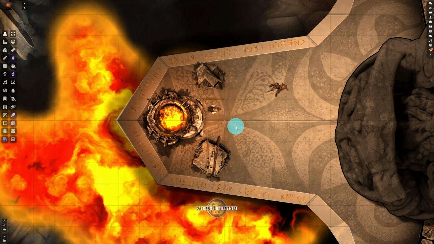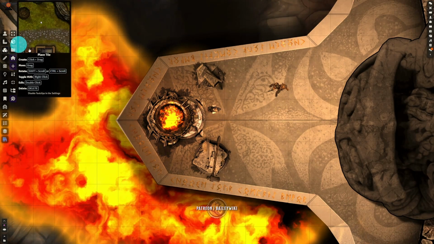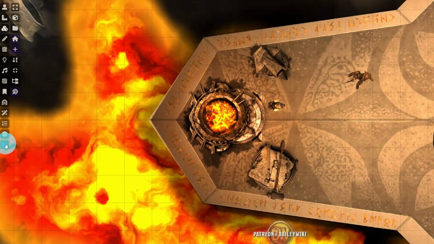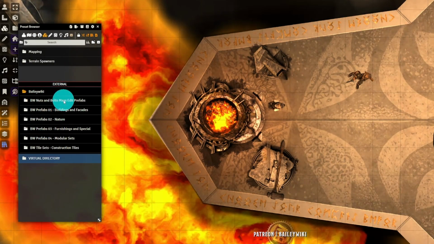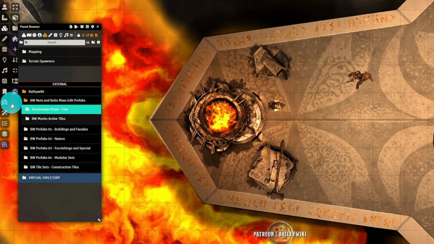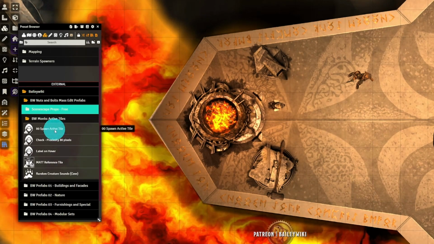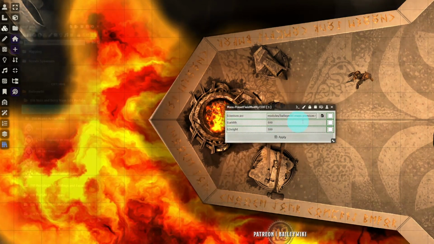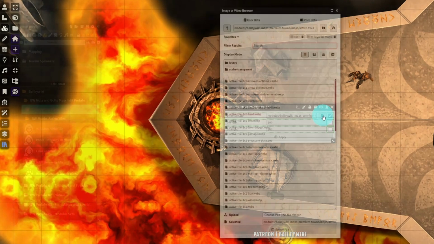Now, when it comes to creating our active tile, you can of course use the tile browser or the place tile to bring in your active tile. We also have another handy mass edit preset for this as well though. So if we go into the nuts and bolts prefabs, we have a folder for Monk's Active Tile Triggers. If you use spawn active tile, you get a nice pop-up here where you can specify the image, and this